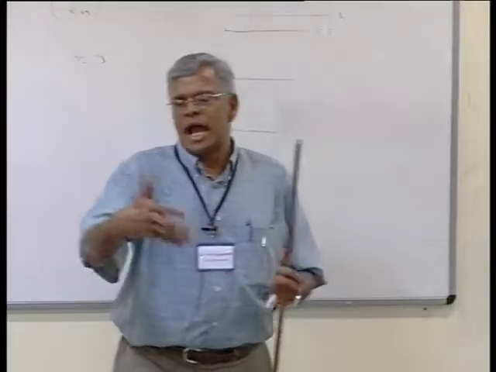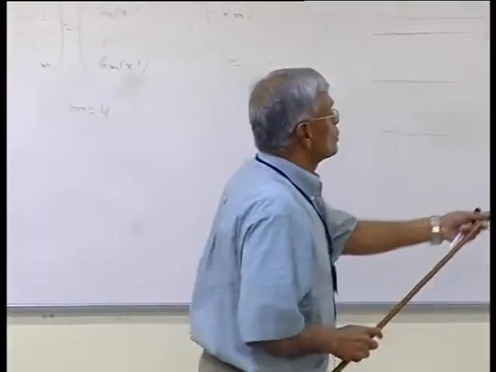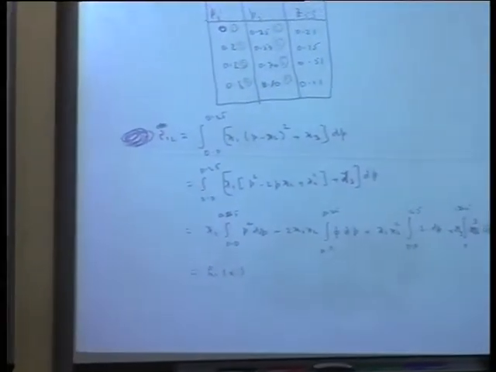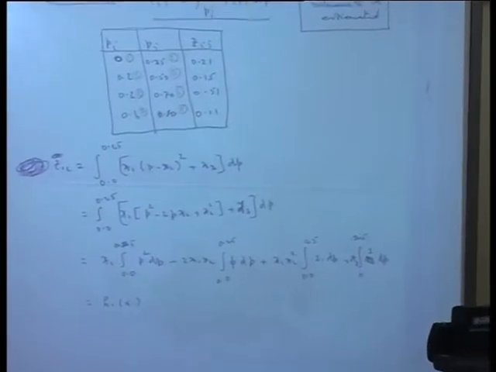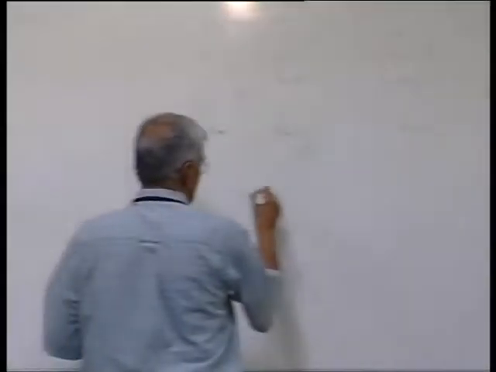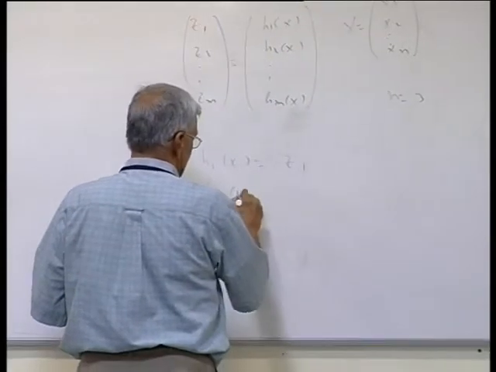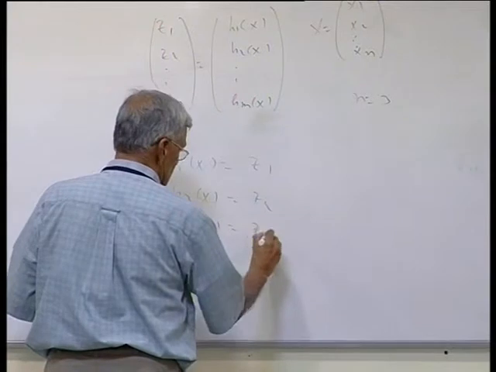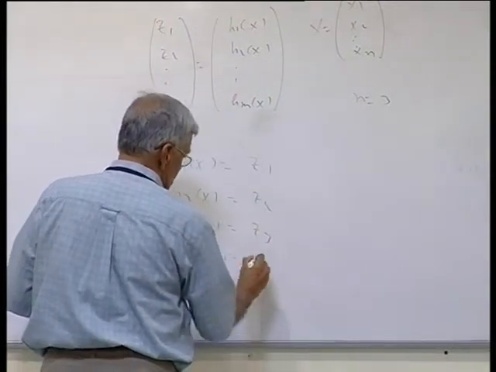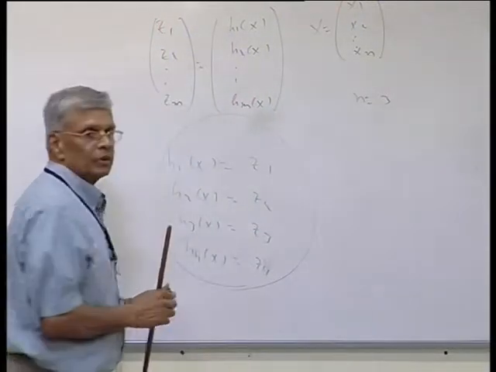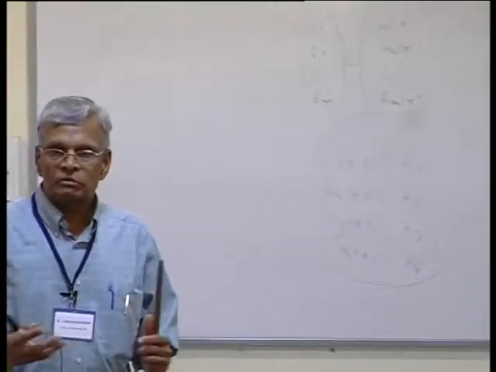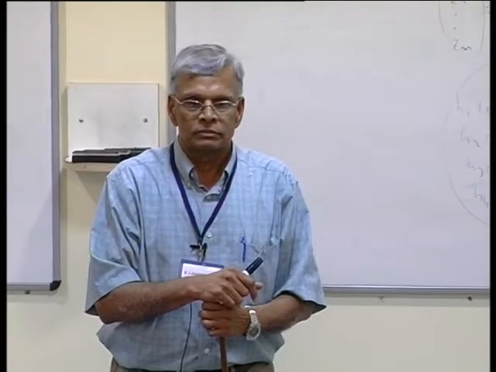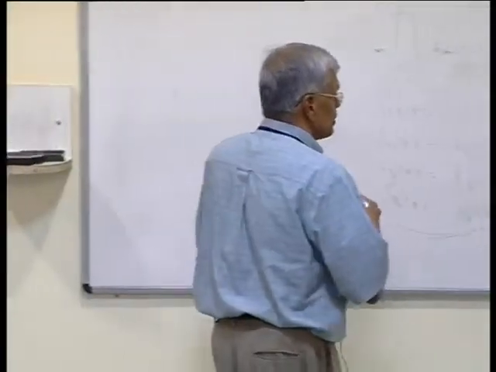Here you don't have to add noise, because this is already a noisy observation. So in this particular case, you simply have h1(x) equal to z1, h2(x) equal to z2, h3(x) equal to z3, h4(x) equal to z4. Recover x. So what is it that you need to do? You need to set up